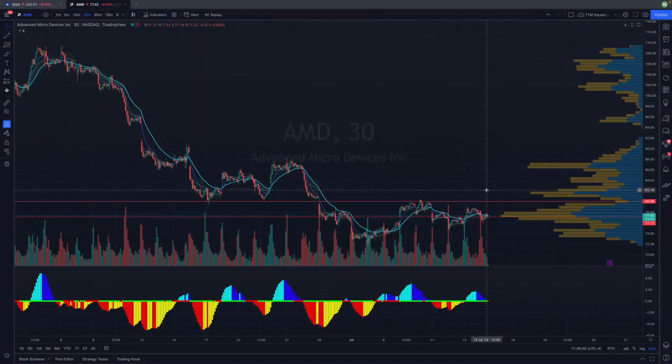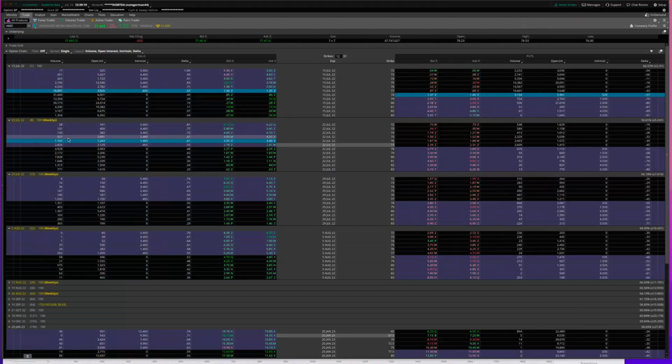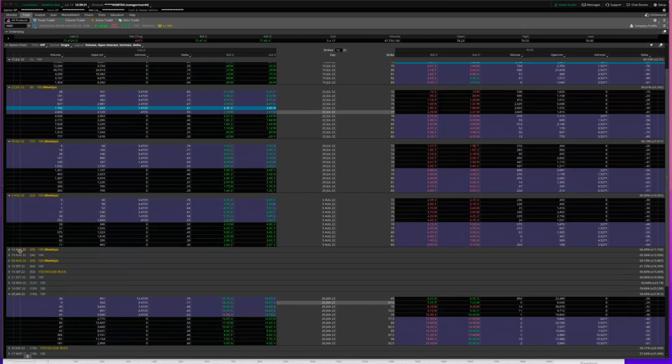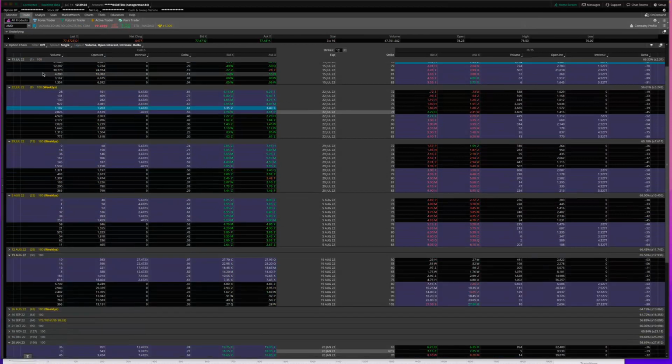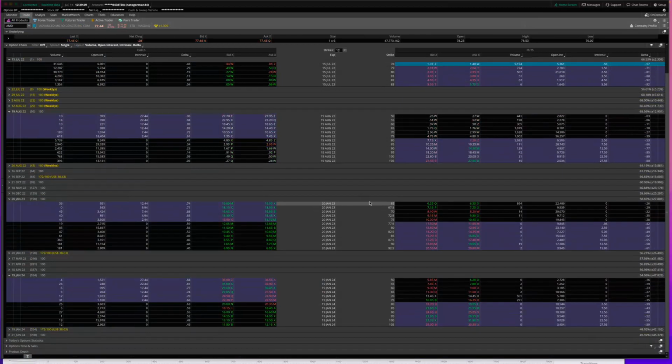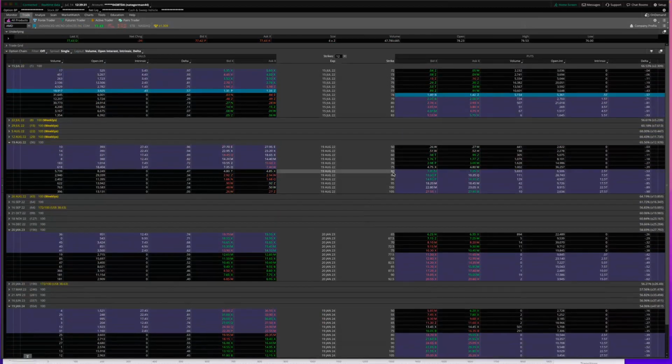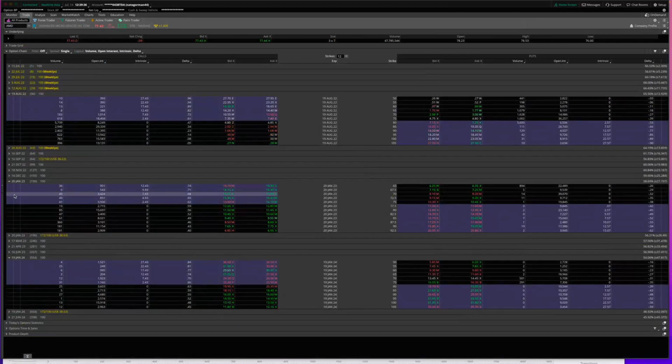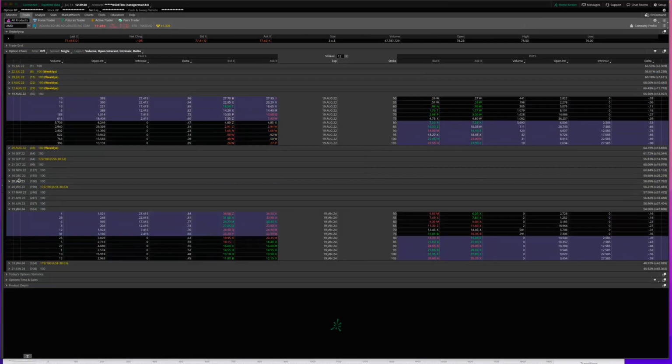So I would want to give myself time for this option to make the move I would like it to make, right? So I'm going to go further out. Let's say I buy the August 19th. So let me close some of these. Okay. Say I buy the August 19th, and I could buy the slightly out of the money. So I'll make that a little bit bigger. So the $80 calls, in this case,